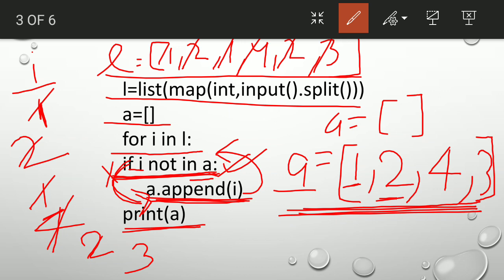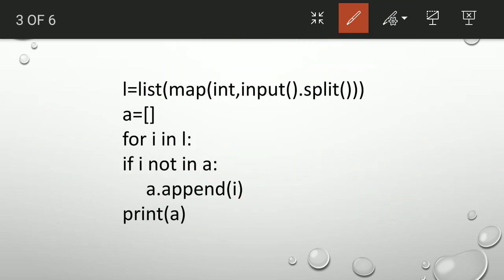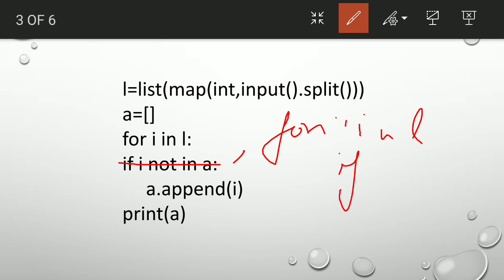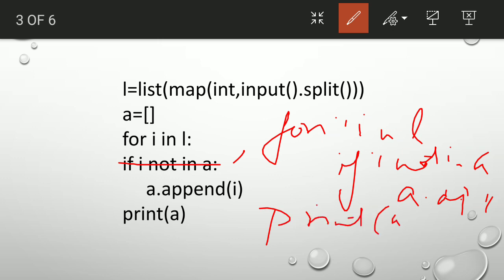Okay, so hope you got it. By mistake I had not given the tab space here. After writing this, it should be present from here. After giving some space, like for I in L, we should give some space and the if will start from here, if I not in A. After giving one tab space, A dot append will be here, and the print function will be from here, so give some tab space here as well.